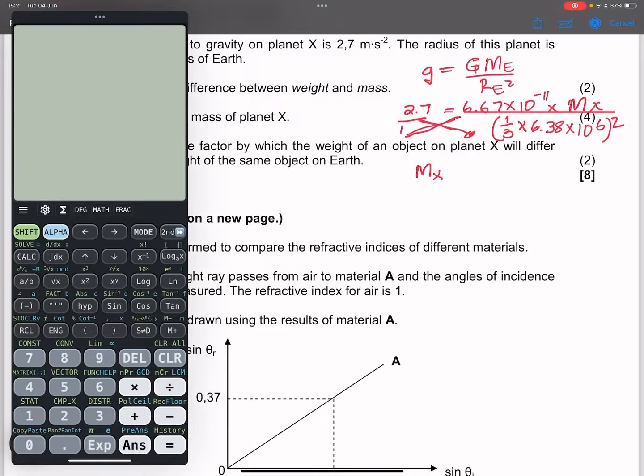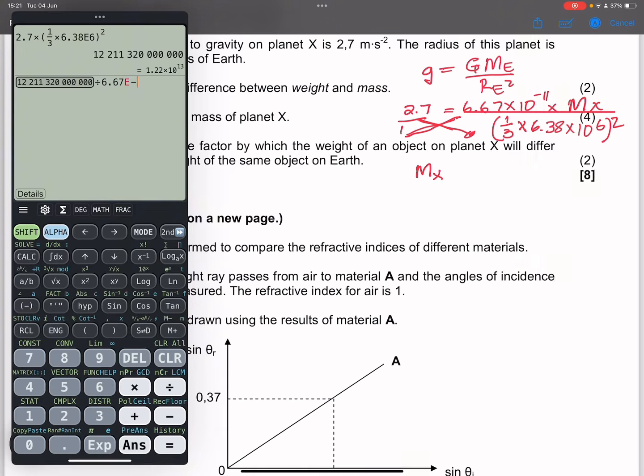So what I'm going to do, I'm going to say, right, this is 2.7 multiplied by 1 over 3 times 6.38 exponent 6. This is squared, all of it squared. Okay, and in this case we're going to take all of that and divide that by 6.67